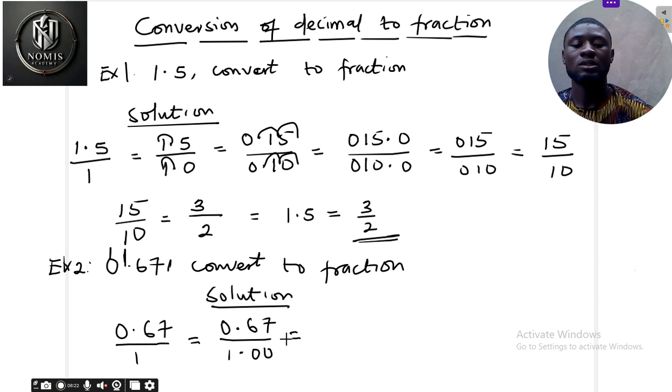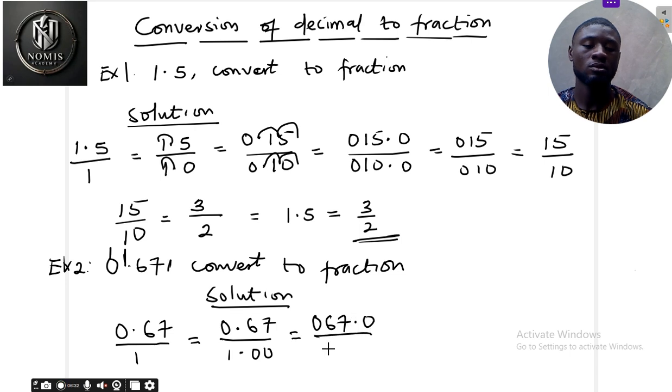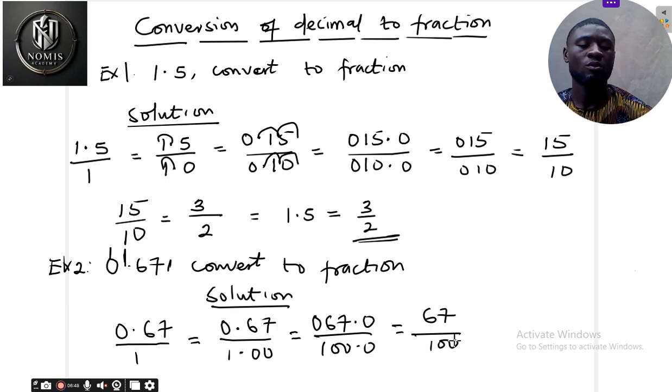So now that I have known that, to make it a whole number, I will just move the decimal point to the right hand side. So this becomes 67.0 over 100.0. So the decimal point has been moved to the right hand side 2 places. So 67.0 is just 67 and 100.0 is just 100. Now we have 67 over 100. What is the common factor that we can use to divide 67 and 100? Remember that 67 is just